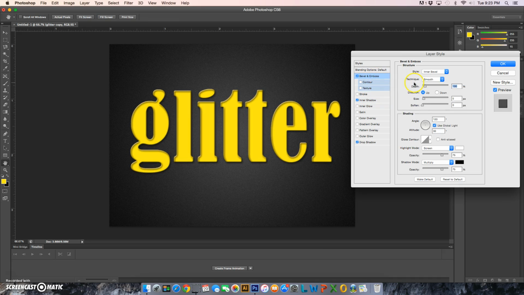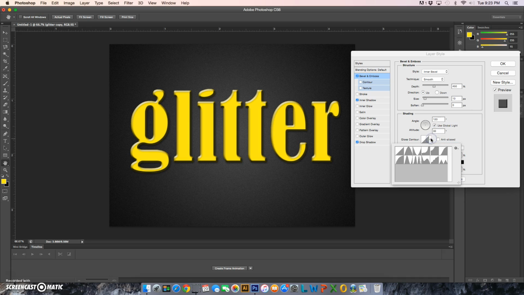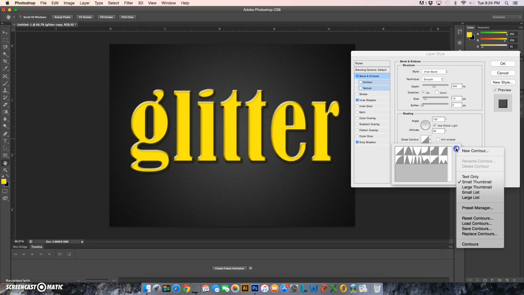Bevel and emboss, we're sticking with defaults until we get to the depth, where we want to make it 450%. We want to change the size to 10 pixels. Then we need to come down here to the contour, and we want to choose log. Now, if I look here, because I already know what log looks like, I know that none of these are log. But if you come over here, you see that gear shift where it lets me